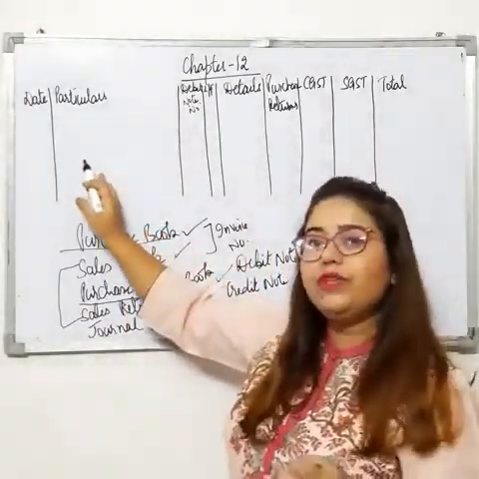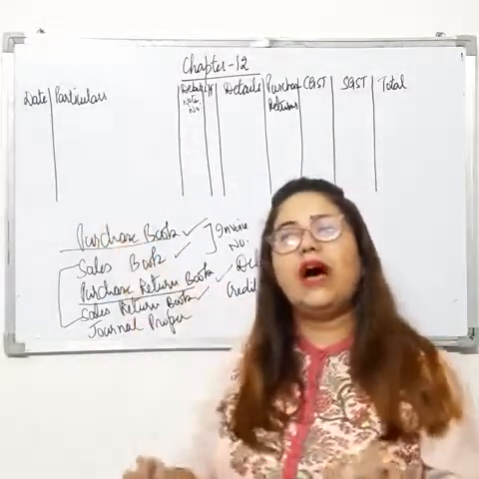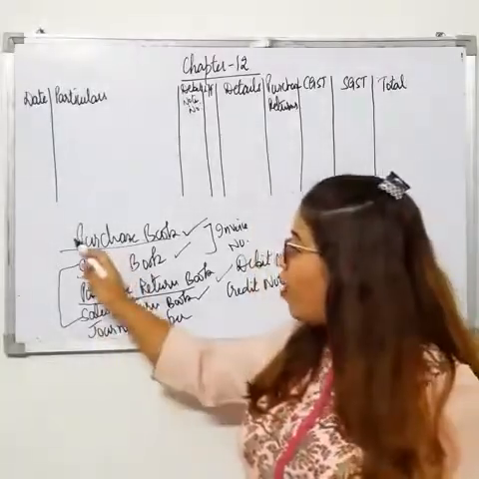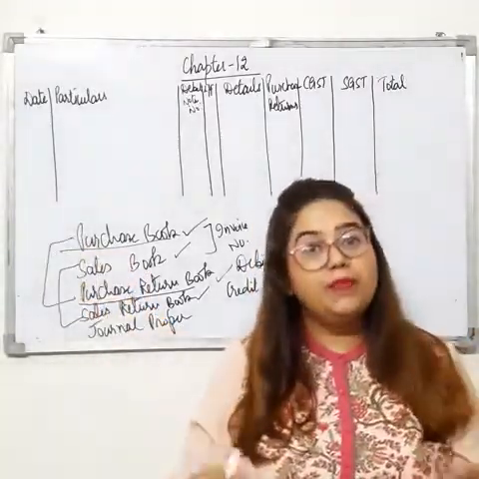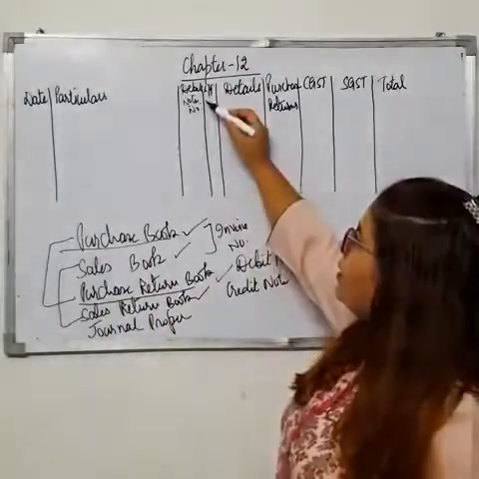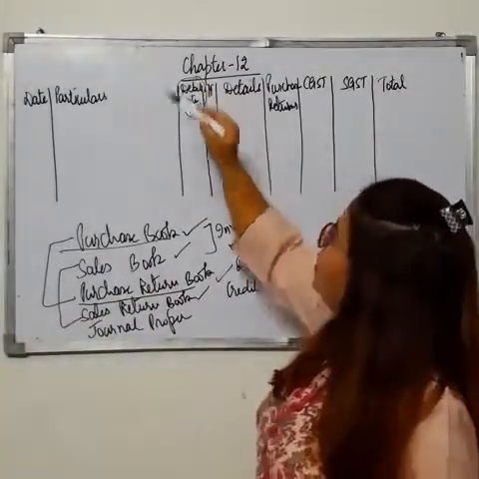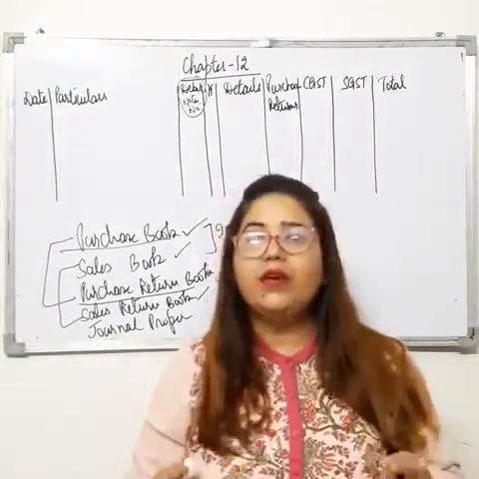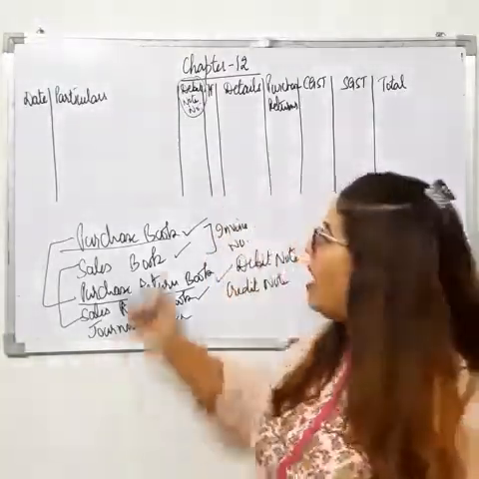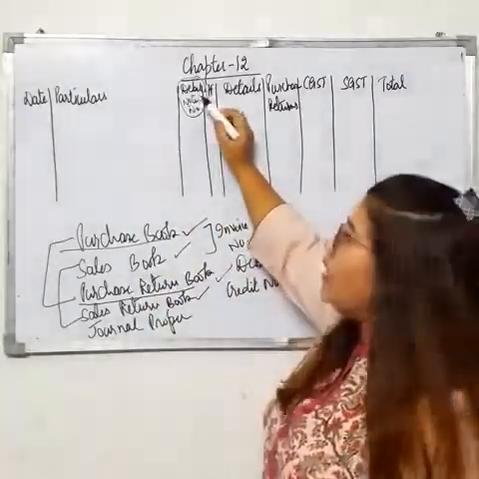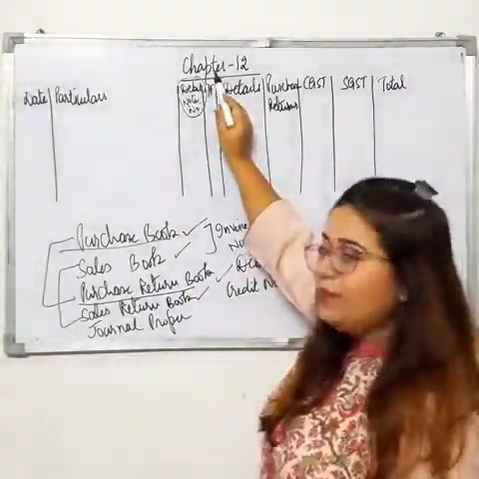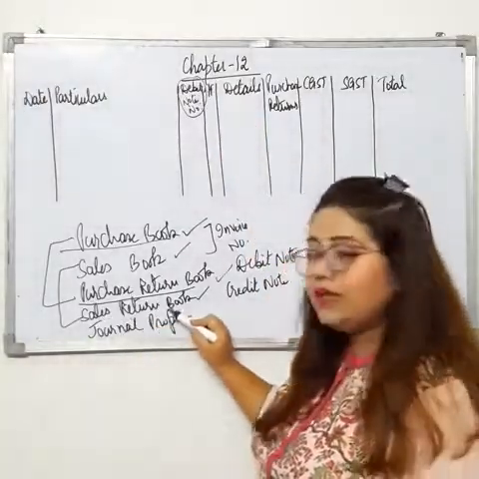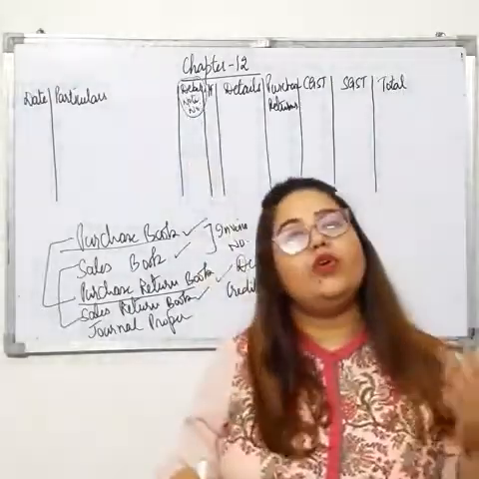Then again you have to deduct trade discount, right? Then you have to add CGST, SGST, meaning GST, at the end. Similarly, in all these 4 books we have to do the same procedure. Only this name will be changed, because you all know that in the question your debit note number is not given, so leave it. But we have to change the name, right? If you are making purchase return book, then you have to write debit note number. If you are making sales return book, then you have to write down your credit note number.